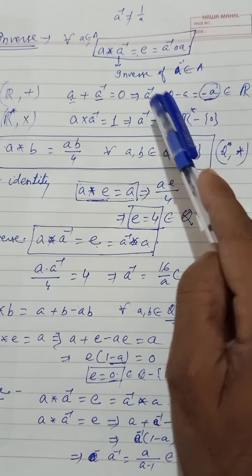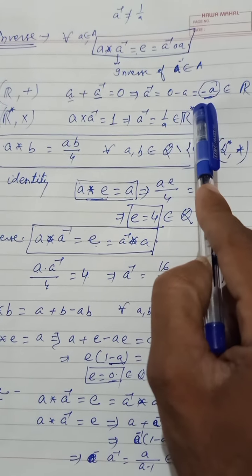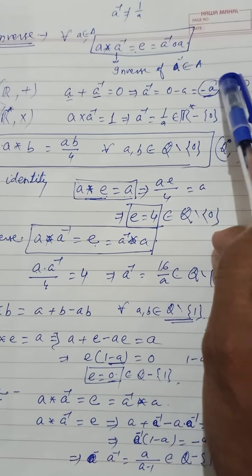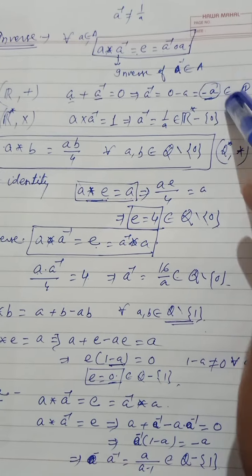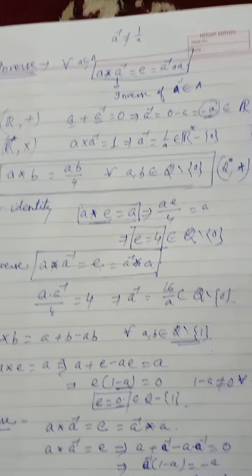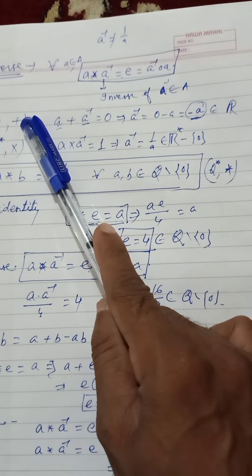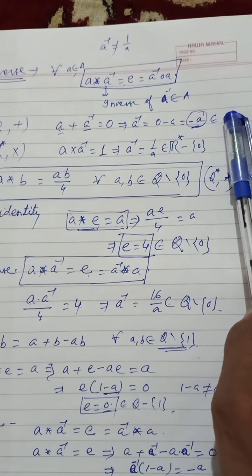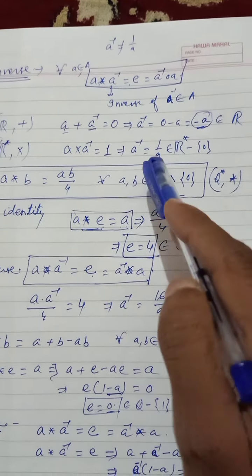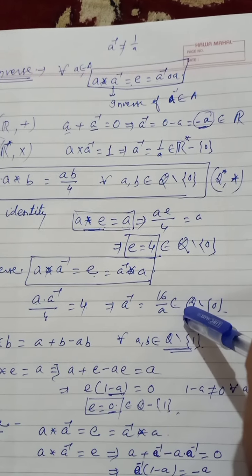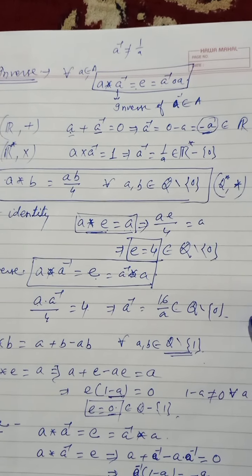Then what is the value of A inverse? So here positive is on that side, negative. So 0 minus A means minus of A. So A inverse is minus of A. That means the additive inverse, minus A, always exists on the set of real numbers. So if we are given the set of real numbers with the addition operation, then the inverse element is given by minus of A. Minus of A means if 5 is given, the inverse of 5 is minus 5. If -6 is given, the inverse of -6 is 6. In this way.